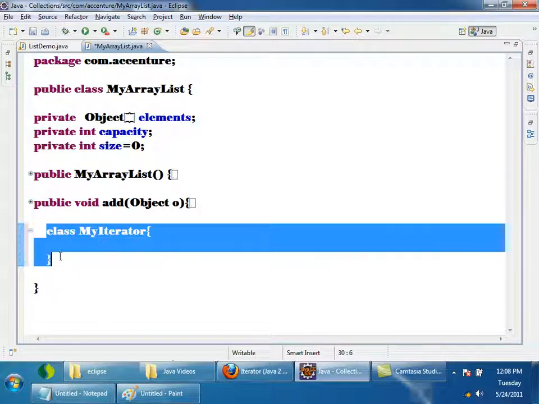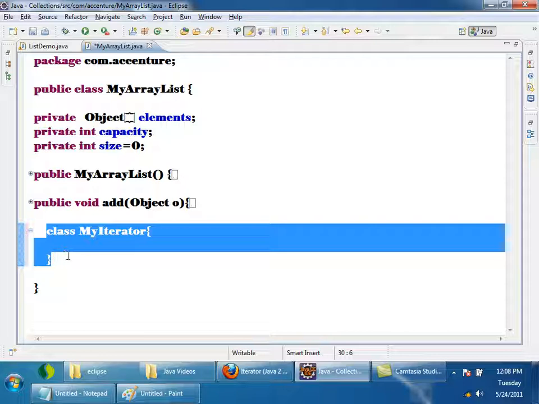This is a class declaration inside a class. A class inside a class is called an inner class. We'll understand the concept of inner class, why we need to use it and when we need to use it. First, before going ahead, I'll tell you: if you write a class inside a class, this inner class will be able to access all the variables and methods of the outer class. Even though they are private, even private members can be accessed by the inner class.